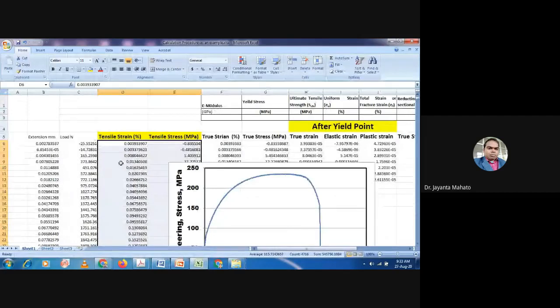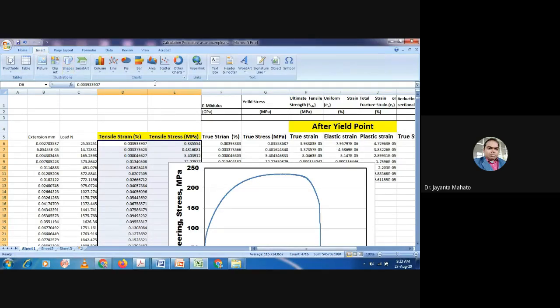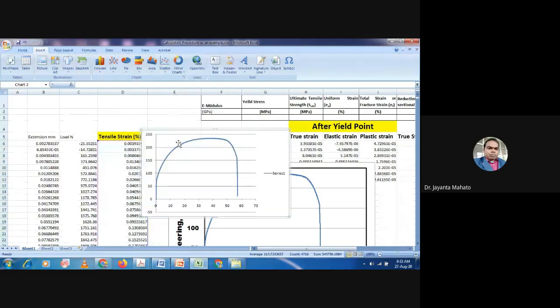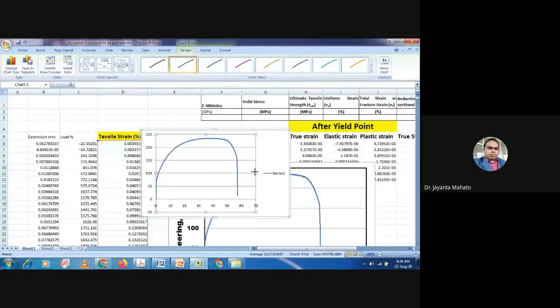If you plot engineering strain versus engineering stress, go to insert, scatter, then line plot, and this type of curve will be generated.